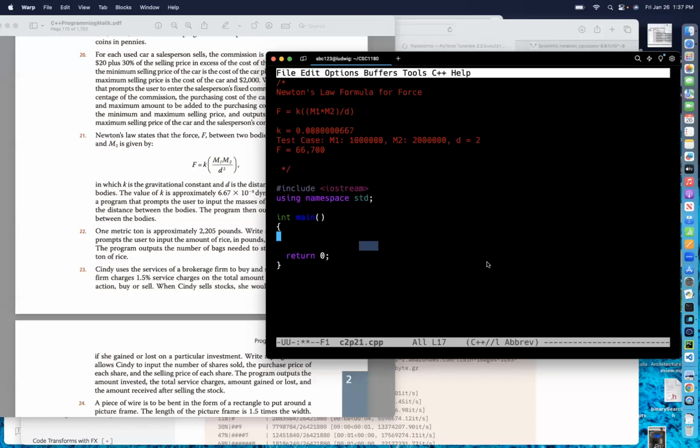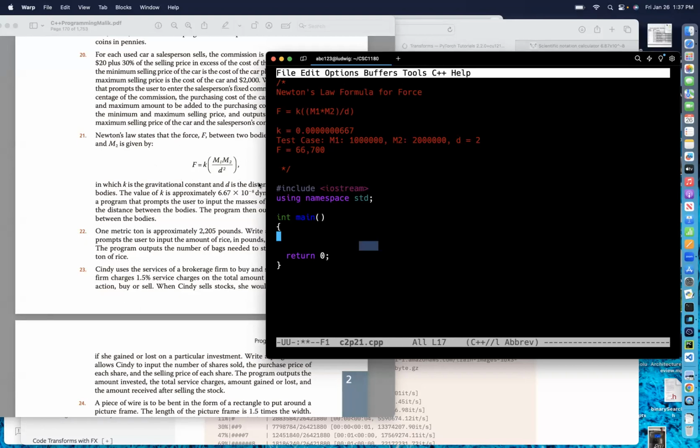Okay, I'm going to do another example of programs from end of chapter 2. This one is problem number 21. I've shared my whole screen here just so you can see the formula that we're getting. This is Newton's law on force between two bodies with a mass of m1 and m2,